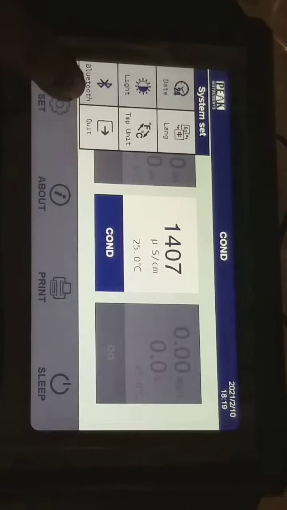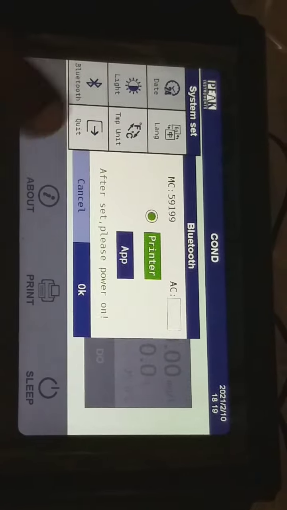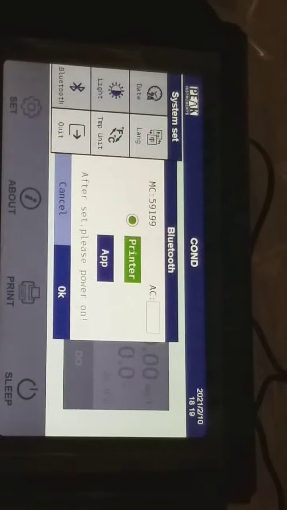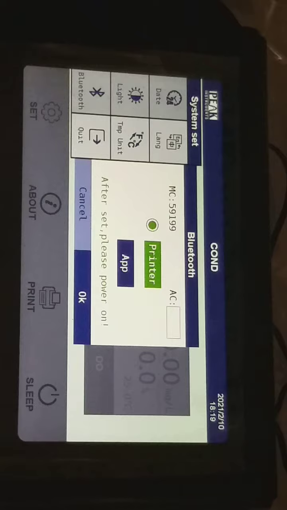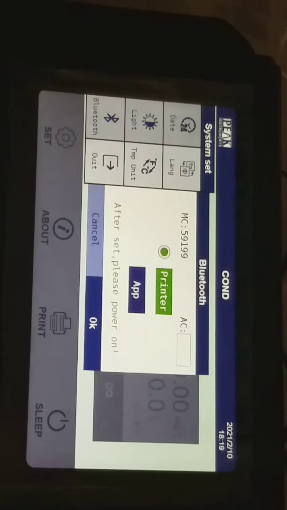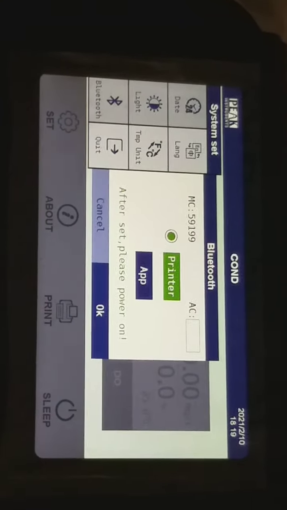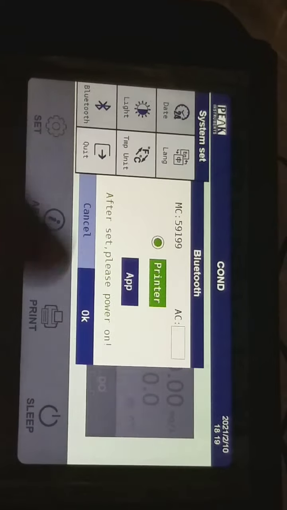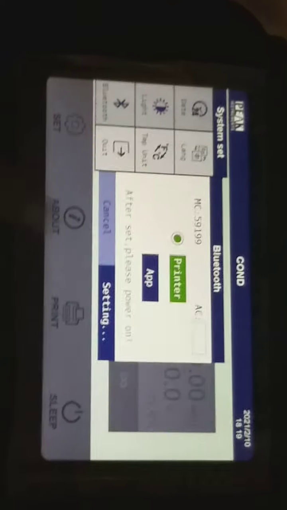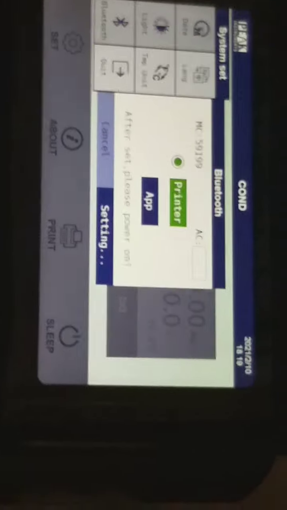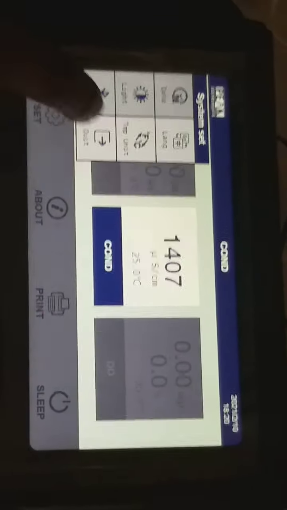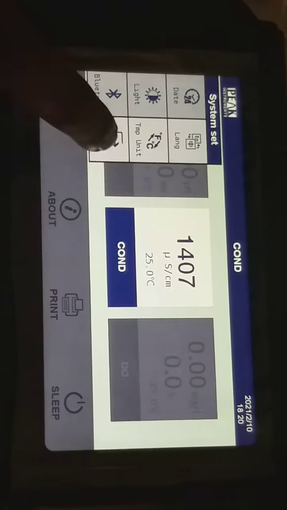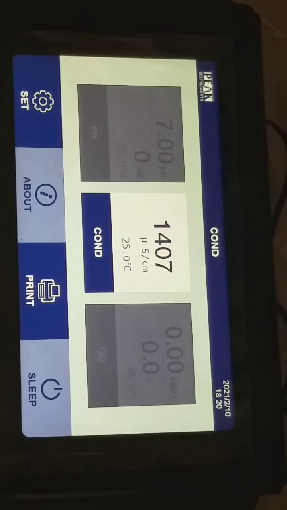And then Bluetooth. If you have Bluetooth facility, a Bluetooth app, you have to synchronize both Bluetooth with our mobile number and this instrument number. You need not have Bluetooth facility, you can go for printer directly. Okay, now we can go for printer directly. Then this screen is over and come to the back position, that is fit.